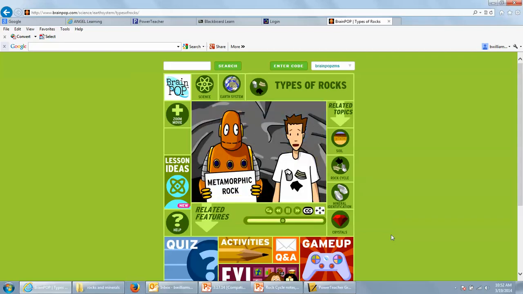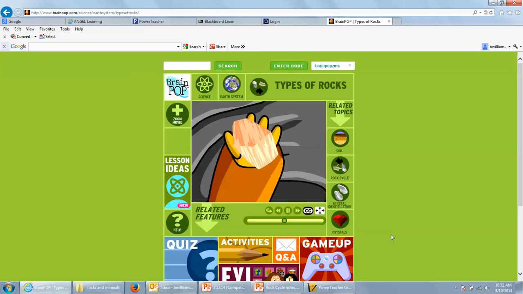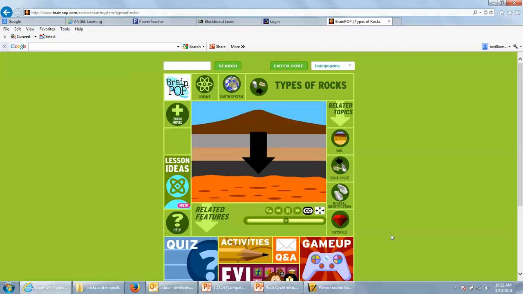What? Sure is hot down here. Hey, that's a metamorphic rock. The rocks below the Earth's surface are under a lot of